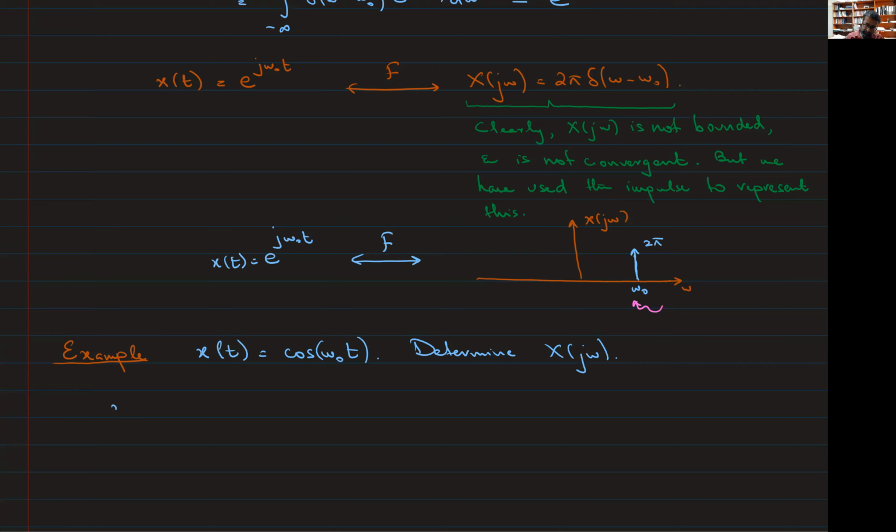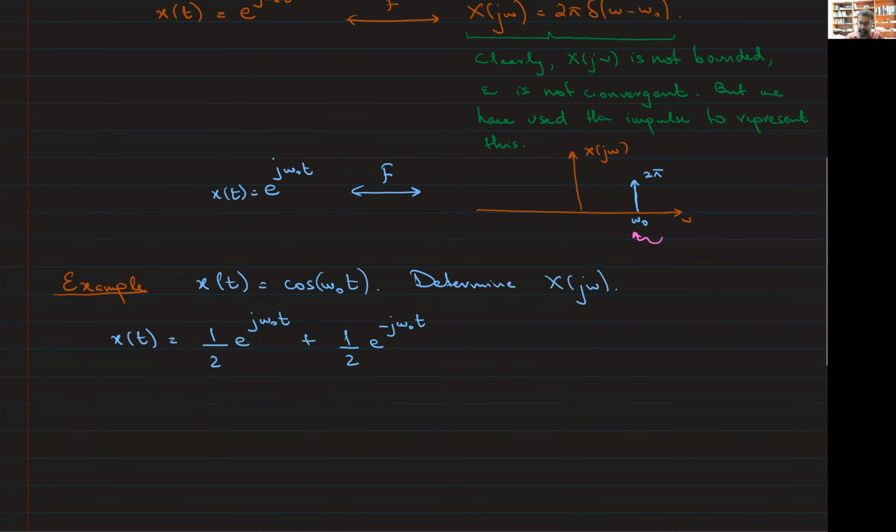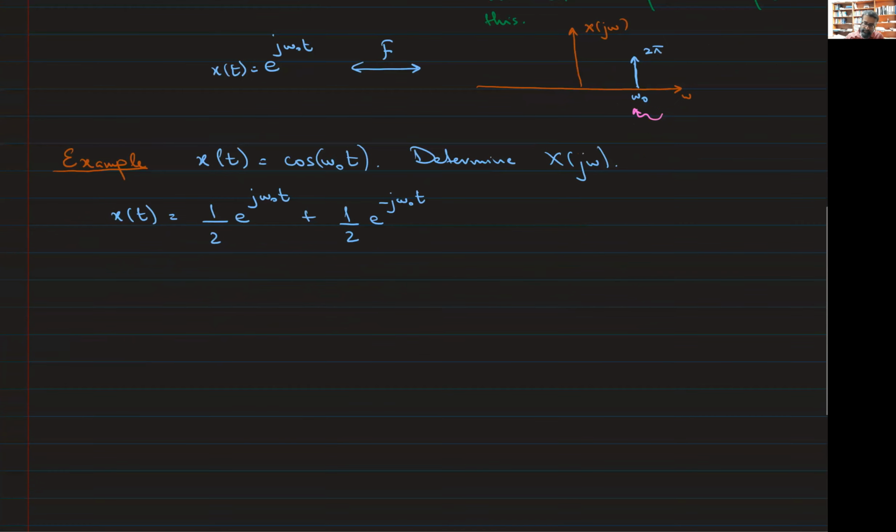So x of t is equal to half e raised to power j omega naught t plus half e raised to power minus j omega naught t, right? So now I can just deal with these separately and